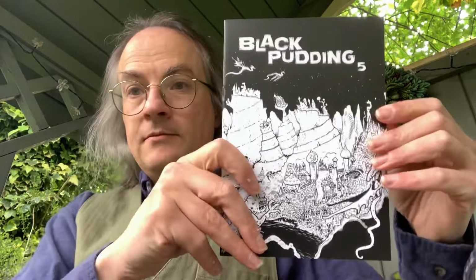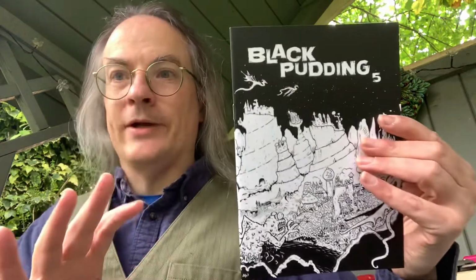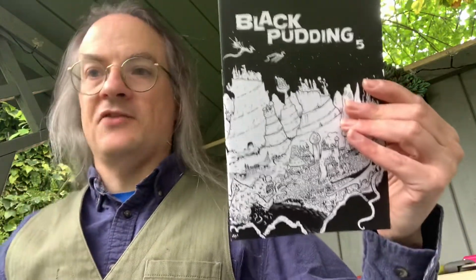This is essentially a fanzine. It's an old school Renaissance fanzine, published by Square Hex. Square Hex does publish things like the Black Hack and various things for the OSR. It's run by Peter Regan, who's a very nice chap. And I have reviewed previous issues of Black Pudding on my blog for the Fanzine Focus strand,